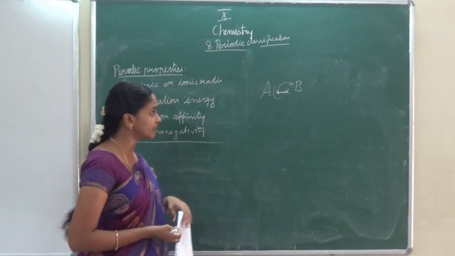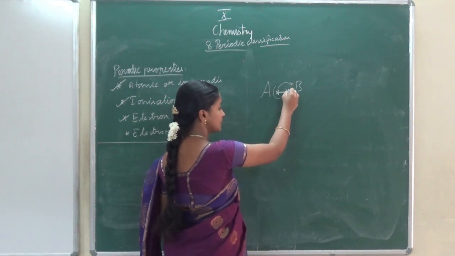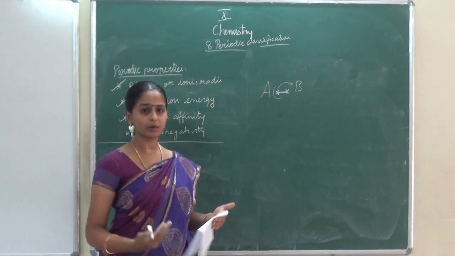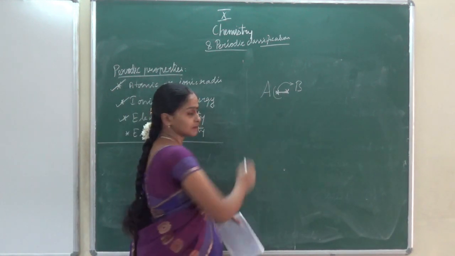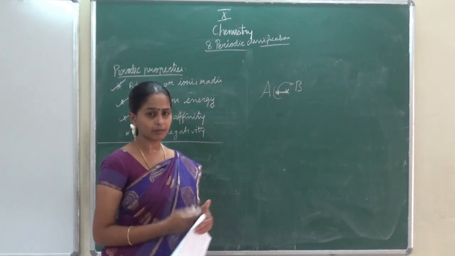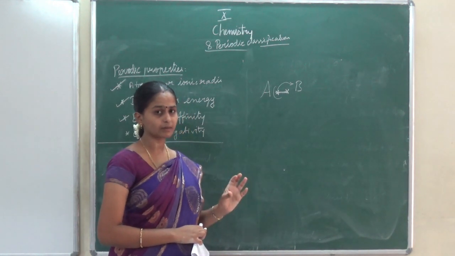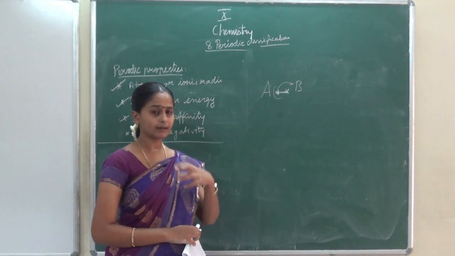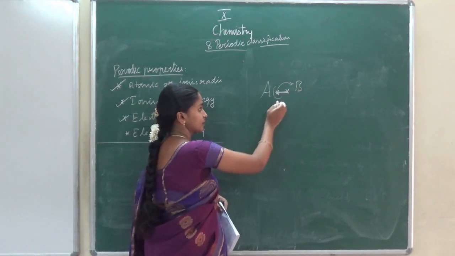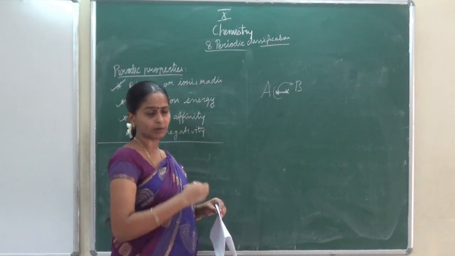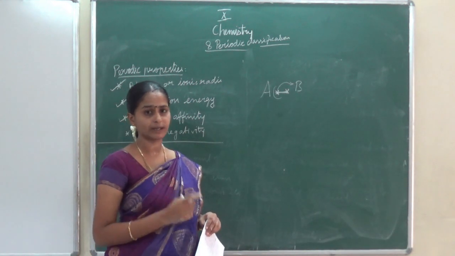Here the bond formed is a covalent bond. Atom A donates one electron, B also donates one electron. Equal sharing. Both share their one electron so that they can form one bond. This bond is called a covalent bond. After forming the covalent bond, one atom is stronger. Here stronger means one atom wants to attain the noble gas configuration by pulling another atom's electron towards itself, not taking it entirely. This property is called electronegativity.